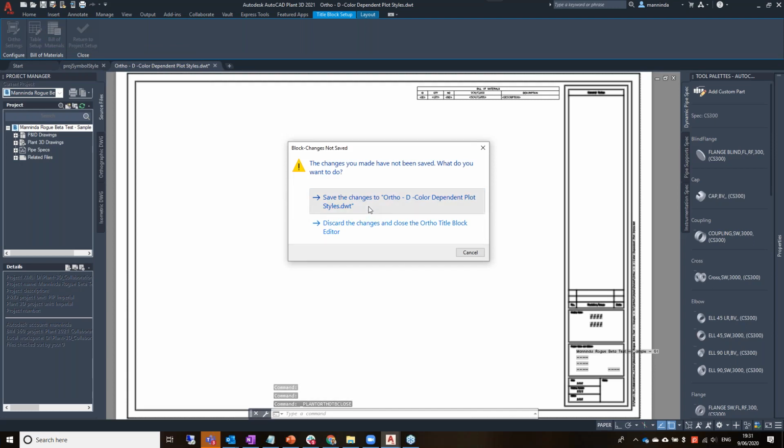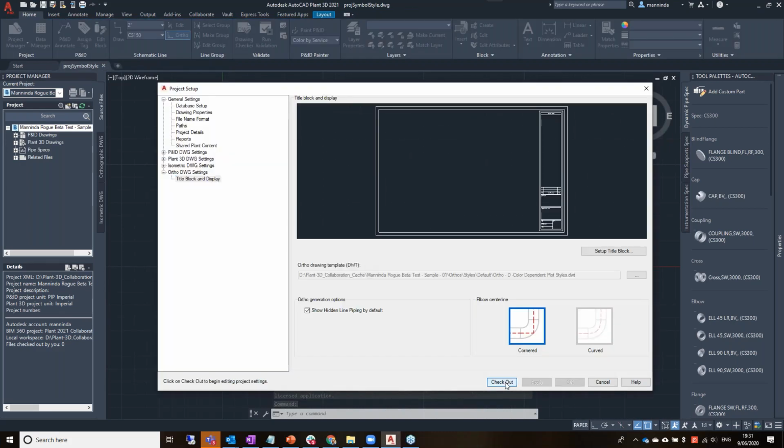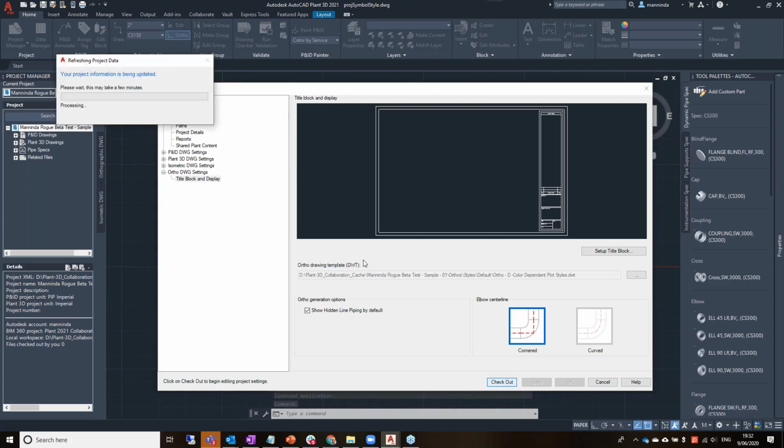And I think I've made a mistake because I can't save that until I check it out. So this is a collaboration project, so it'll take a moment. I'm going to have to do a checkout here, and that's going to check out the settings to me, but because I made those changes, hopefully they'll stay, because I checked it out rather than try to save it. In any case, that deals with the settings